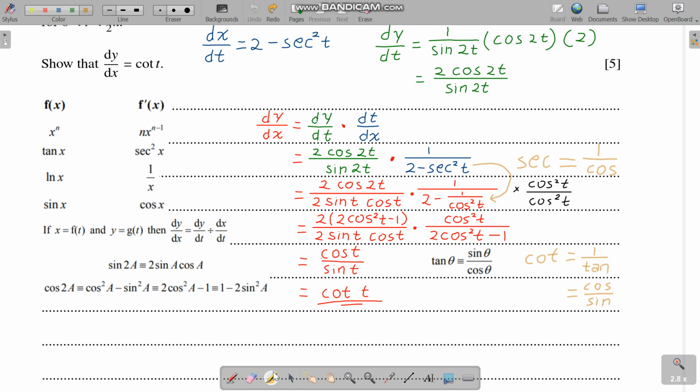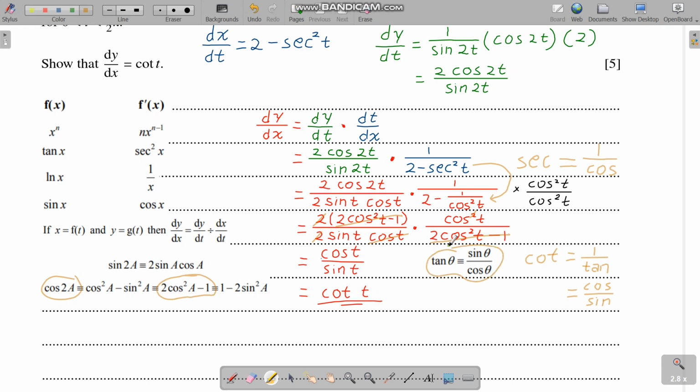Now as you can see, 2 cos squared t minus 1 here, now we know which cos 2A formula we have to use, and that'll be the one with the 2 cos squared minus 1. So instead of cos 2t, we use 2 cos squared t minus 1 now, because now we can cancel out, and we can cancel out the 2 as well, and cancel out the cos t and one of the cos t above here. All we have left is cos t over sine t, which is cotangent t,